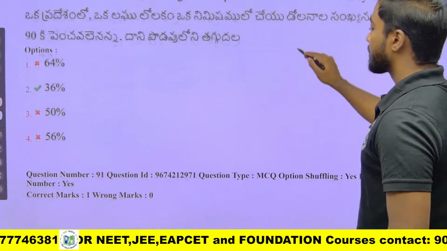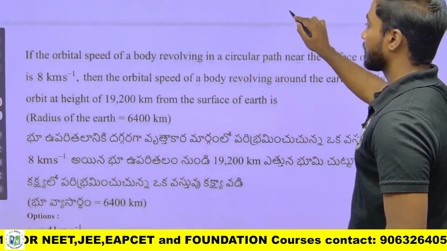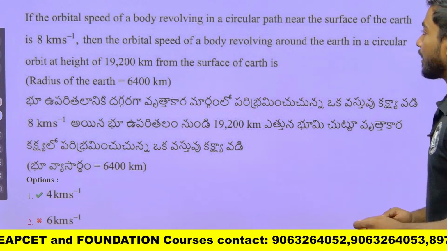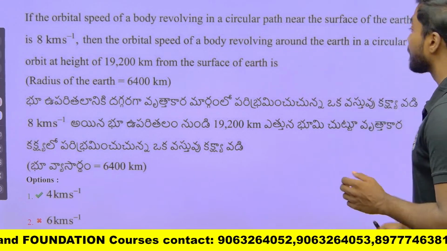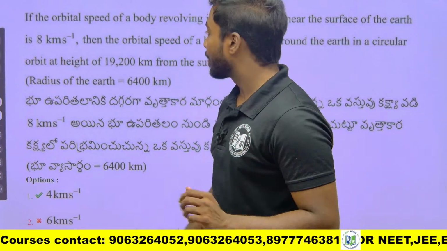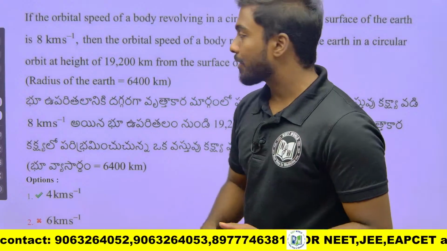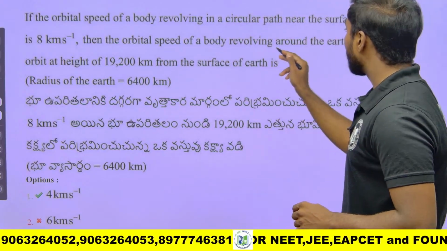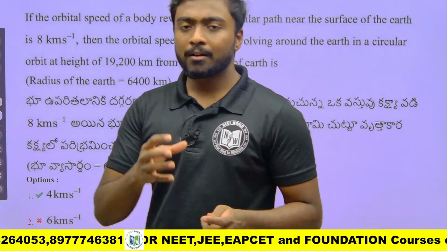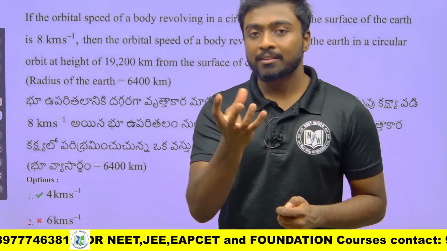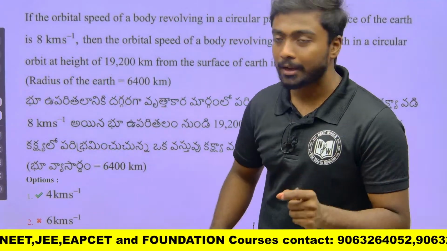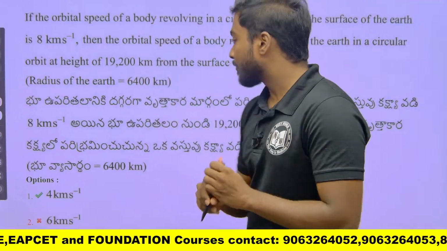So the next question is, if the orbital speed of a body revolving in a circular path near the surface of the earth is 8 kilometer per second, they have given. So near the earth's surface they have given, then the orbital speed of a body revolving around the earth in a circular orbit of a height. So initially I am taking the radius of the earth, with that only the speed is 8 km per second. Now the height has been increased. For example, if I say